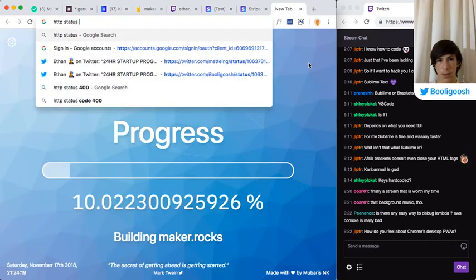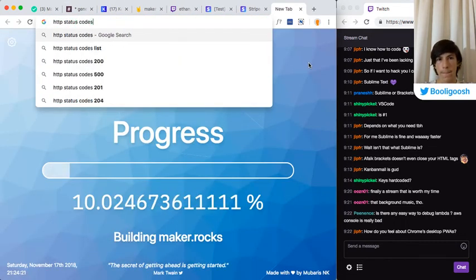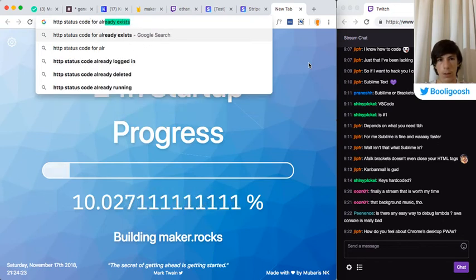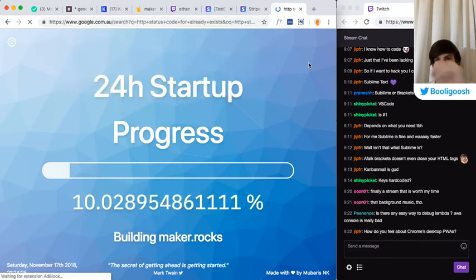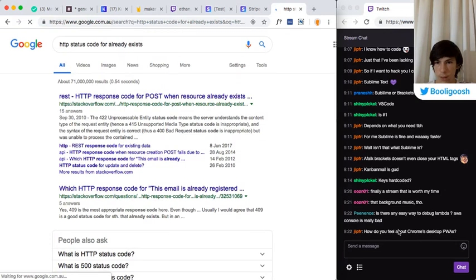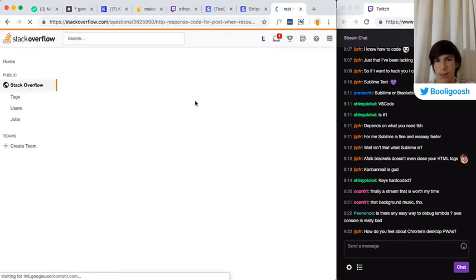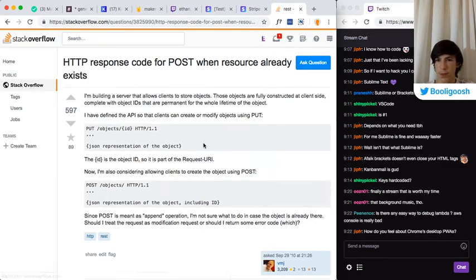HTTP status codes for. Okay, here we go. What's this? How do you feel about Chrome's desktop PWAs? I think they're a bit underpowered at the moment, but I haven't looked into them much.